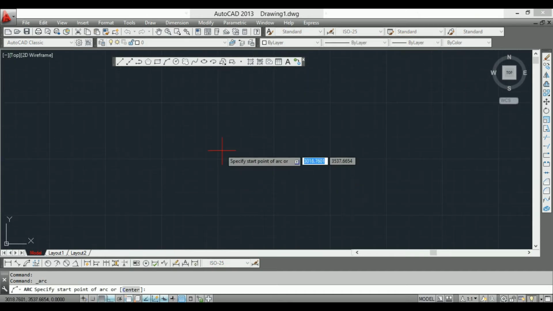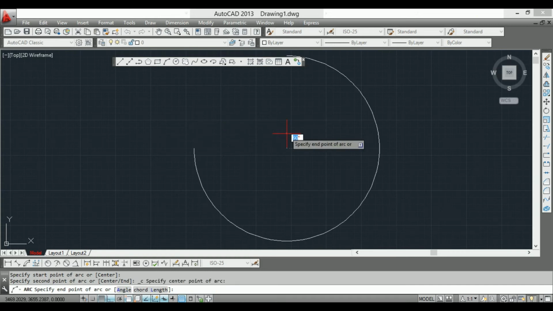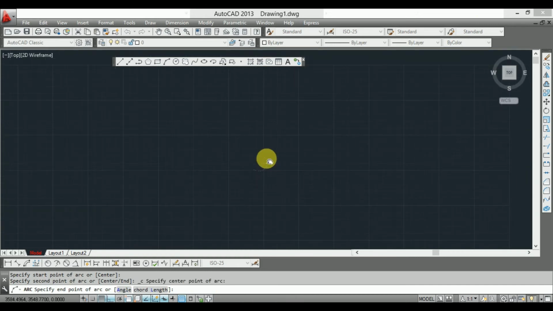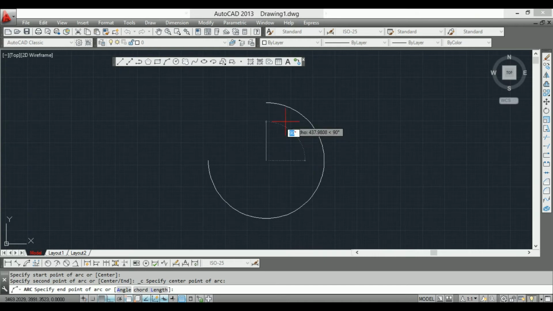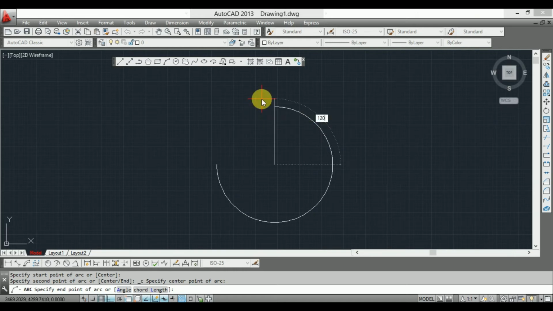Now you have to check in the command bar, it is showing you to specify the start point of the arc. You have to put the start point, and then again it's asking for the center. You have to make a center, and then wherever you want the angle, suppose 120, and you have to check this angle will be 120.